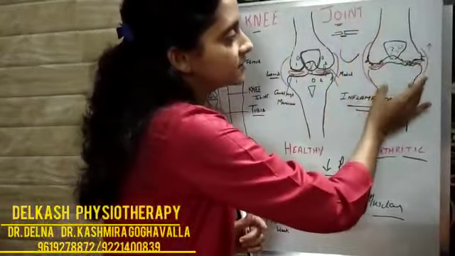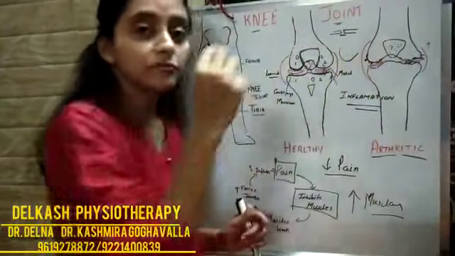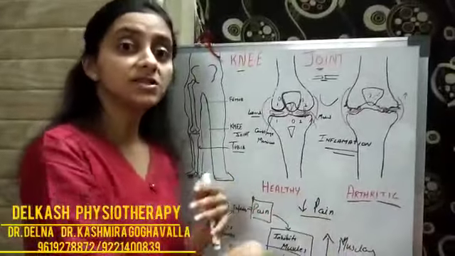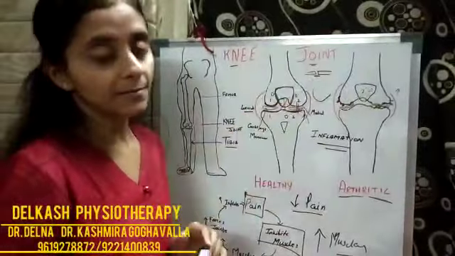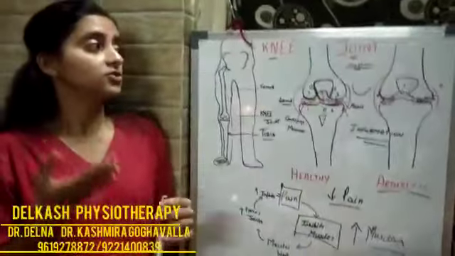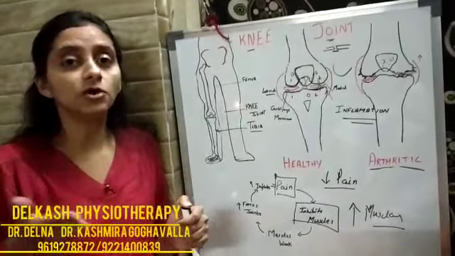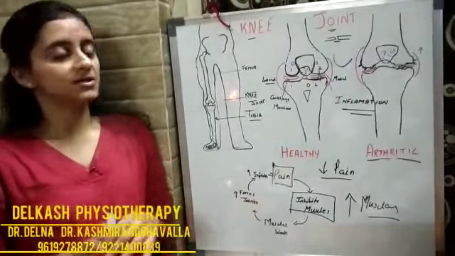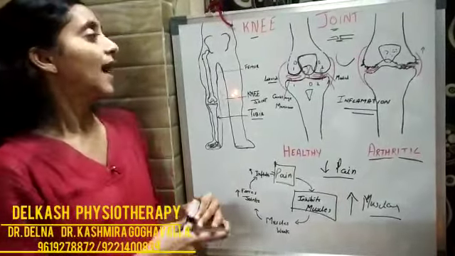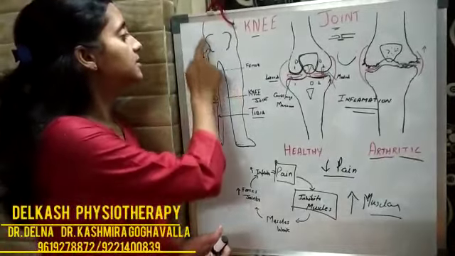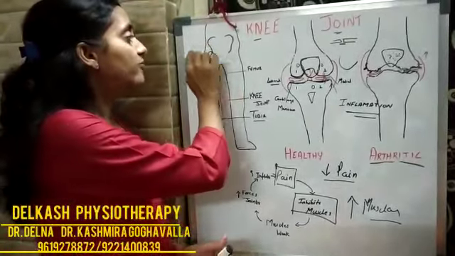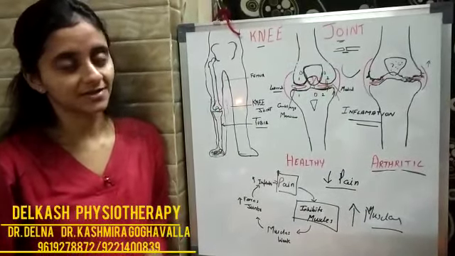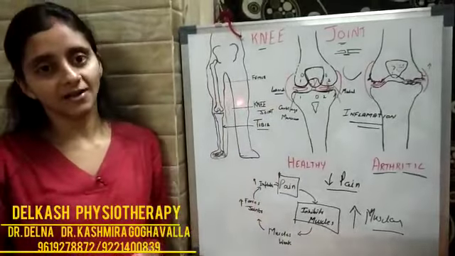Your quadriceps muscle has 4 parts and you have to strengthen each part of the quadriceps. It is the muscle which brings about the extension movement, that is the straightening movement of the knee, one of the main muscles, the front thigh muscle. That muscle has to be strengthened in a very particular manner. Each component has to be strengthened well, and also the back of the knee muscles, which are the hamstrings, have to be worked on. And as I mentioned earlier, since the knee joint is in between the hip and the ankle, you have to have a close look at the hip and the ankle when you are managing the knee joint. So this is about arthritis.